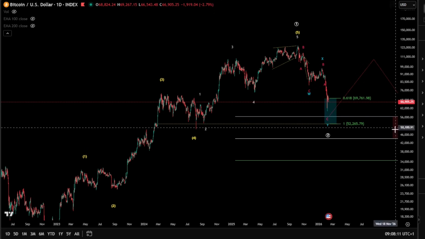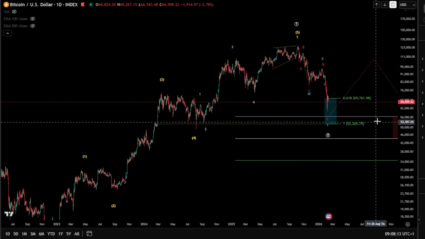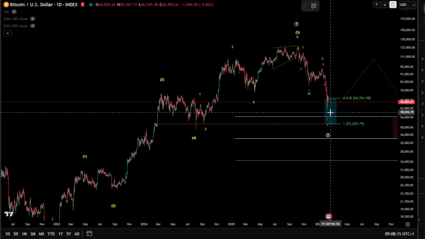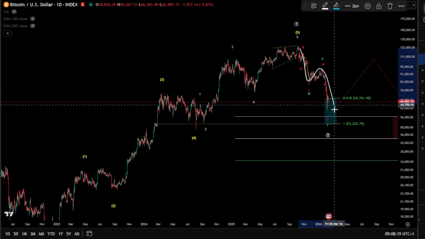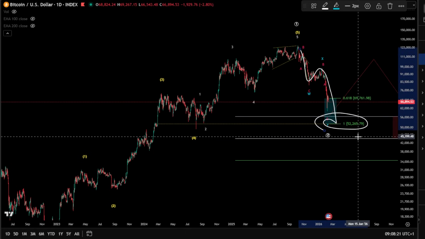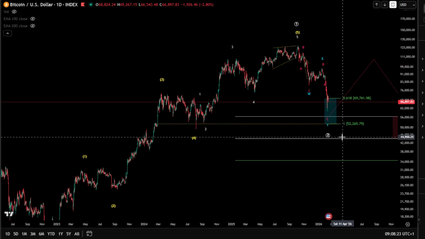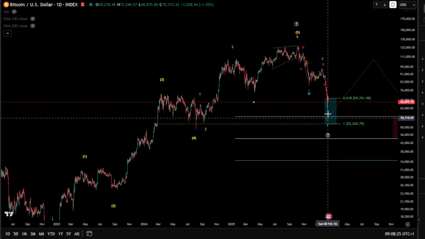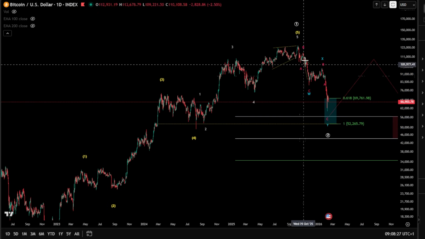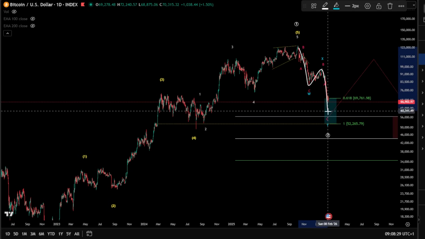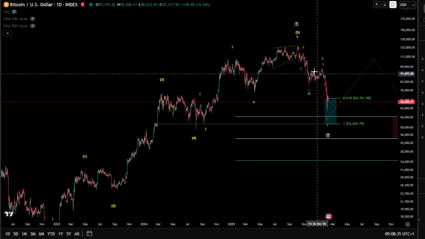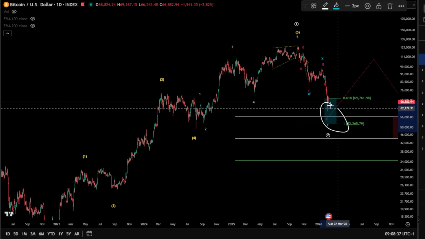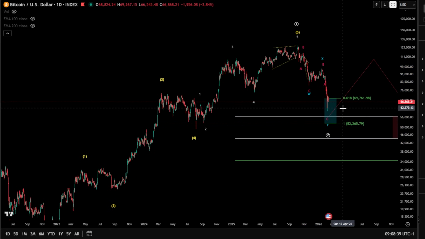The first scenario is the WXY, where we can still unfold lower prices, but this is gonna still be in the range of a WXY above the 52k, because if we break the 52k, that means we are breaking the 1-to-1 fib level taken from the WXY here. Of course it can be deeper, but when we go deeper and below the base channel, then definitely we are impulsive here.